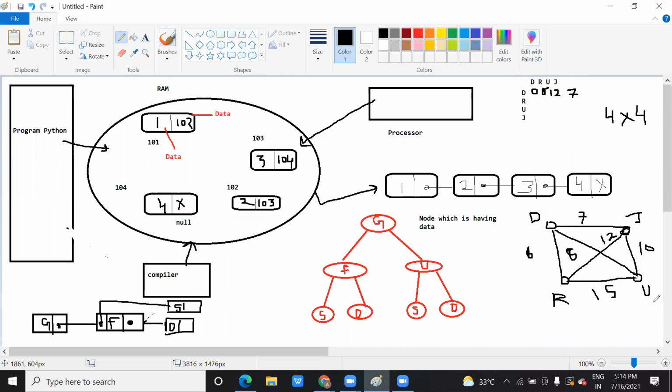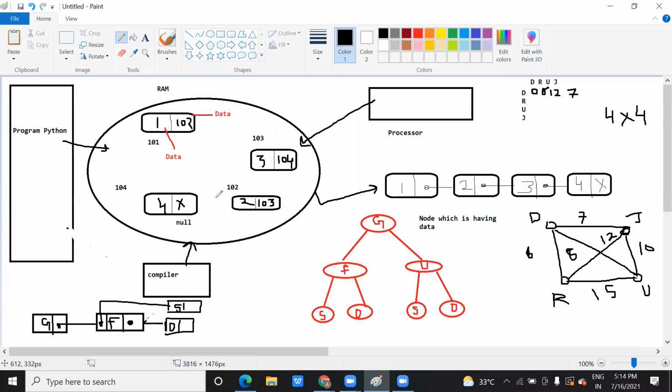The same thing we follow here, that is called a graph data structure. This is a real-time example of the scenario where you can use this data structure. Stack and queue are one kind of data structure. The tree structure you use when you want to represent hierarchy.